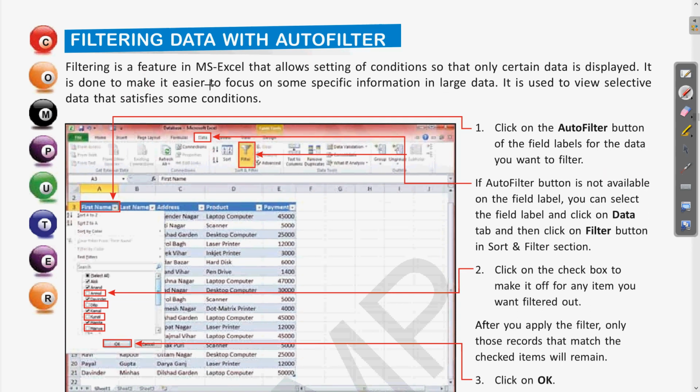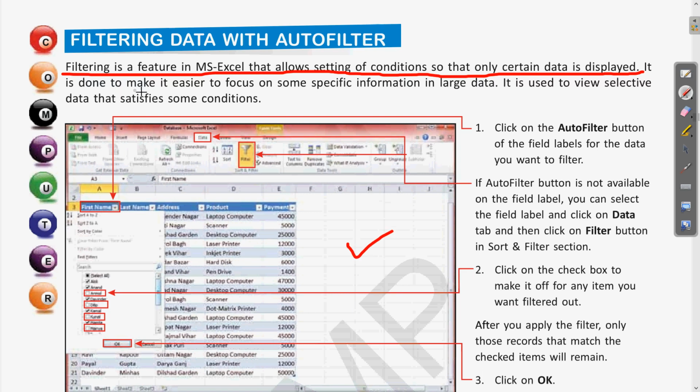Filtering is a feature in MS Excel that allows setting of conditions so that only certain data is displayed. Clear? So if you have a large set of records in your data sheet, we can use these filtering options so that you can get only the desired or few of the selected records according to your requirement.